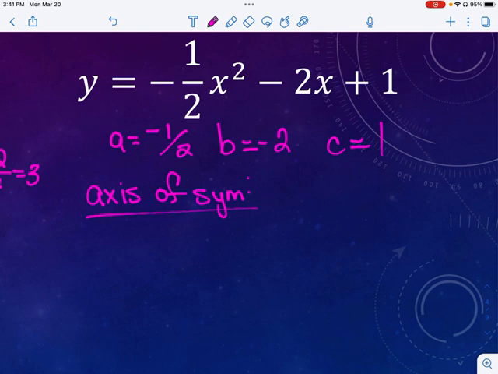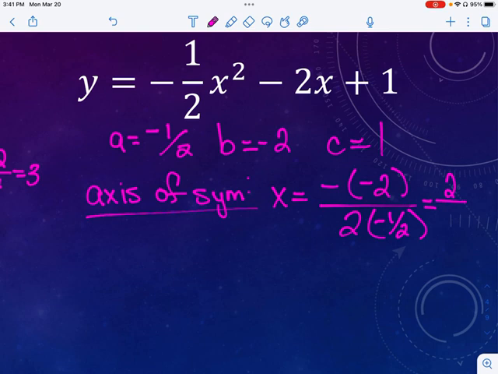And when you look at that, we have x equals negative of b over 2 times a. B here is a negative 2. A is a negative 1/2. Negative of negative 2 is a positive 2. Half of 2 is 1, but it would be a negative 1, which will get me a negative 2. So my axis of symmetry is x equals negative 2. My vertex then